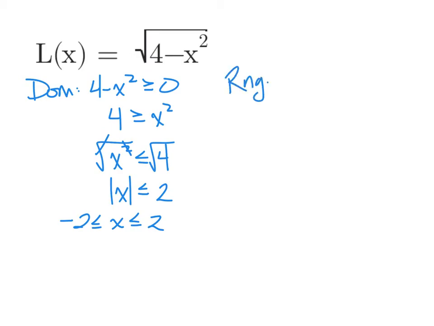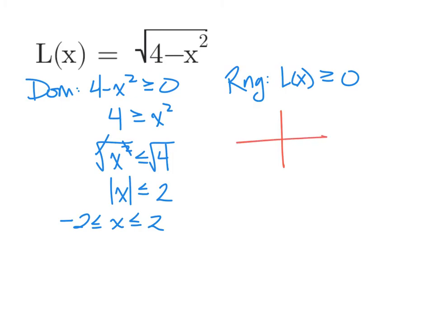Now, when we're talking about the range, there's another interesting thing that happens. We are certain that L of x has to be greater than or equal to 0. I mean, we're talking about a square root function. Square root function is greater than or equal to 0. However, it doesn't go all the way up. Right? You're not going to get a value of positive 100 or anything like that. And we could check that by testing some points. Right? If I were to graph this out,